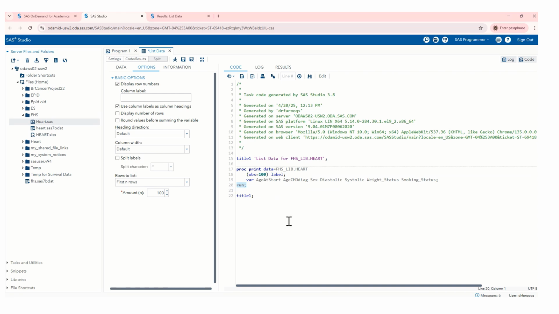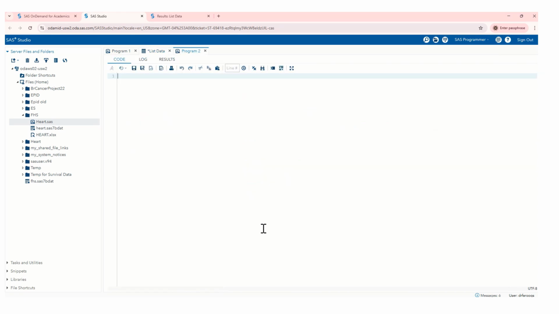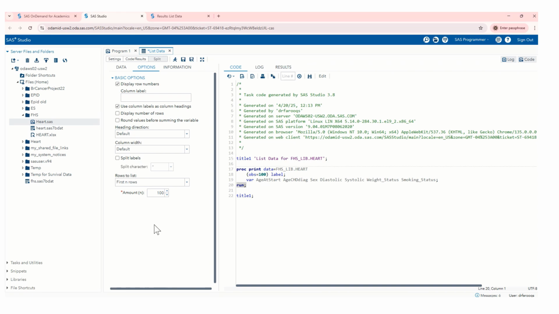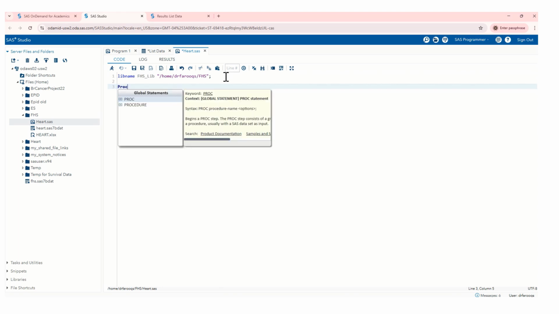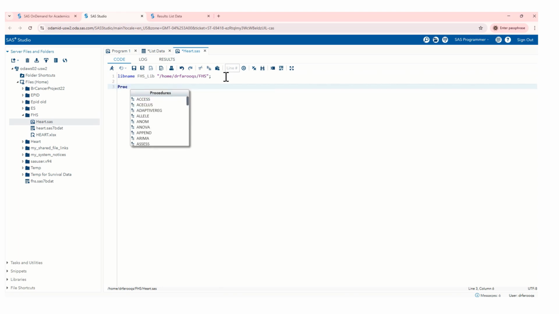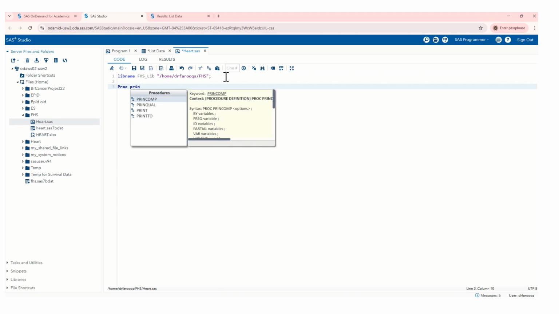So let's write this down by hand. We can open up a new program by function F4, but in this case, I would like to write it in my previously saved program here, heart.sas. You remember we created the libname statement. So I'm going to write the code for viewing my data, which is proc. And as you can see, SAS is giving me the prompt, what I'm going to write, proc print,